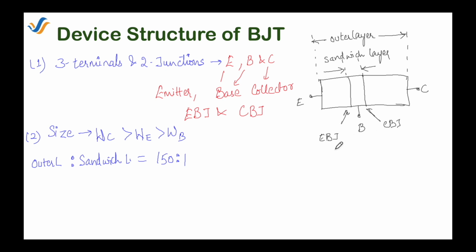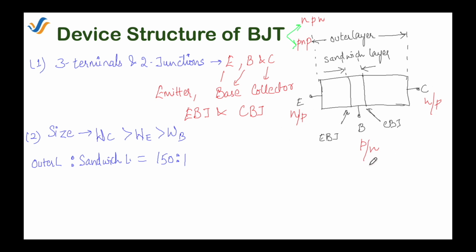Now let's discuss the doping profile. If we talk about doping, the BJT can be of two types. The first one is the NPN BJT and the second one is the PNP, which means that if the emitter is N-type, then the collector is also N-type, while the base is oppositely doped, so it is P-type. If the emitter is P-type, then the collector will be P-type and the base will be N-type. So if the emitter is doped with pentavalent impurity, then the collector is also, and the base will be doped with trivalent impurity.